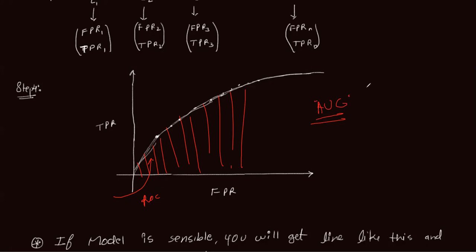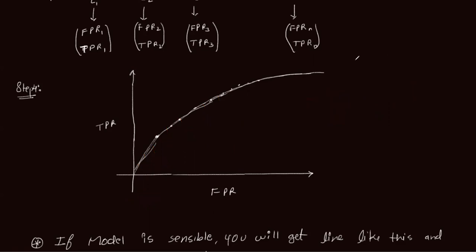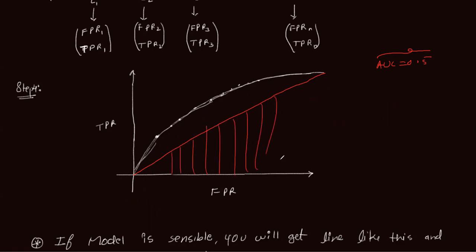Typically, area under curve will lie between 0 and 1. If your model is giving an area under curve of 0, then your model is terrible. It's not a good model. If your model is giving a score like 1, that is a very good model. Or a random model, if you take, will give AUC equal to 0.5. That is a simple analogy. Any random model will give the ROC like this. If you take it completely, this is something half, so this area will be 0.5. Any random model can take this.